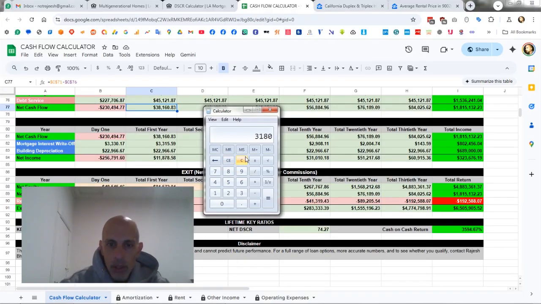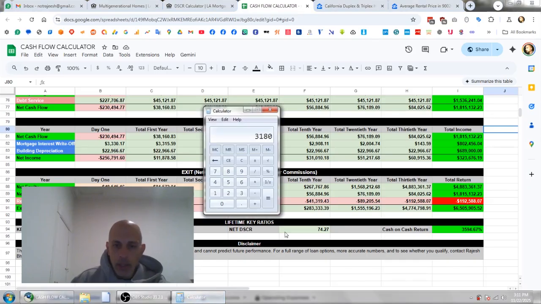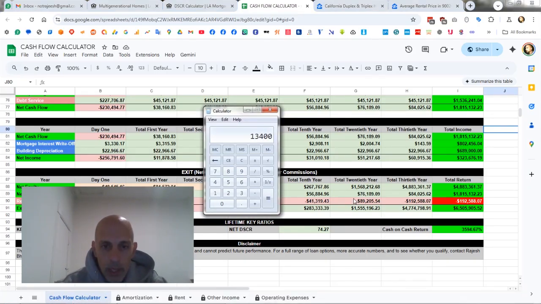38,160 divided by 12, 3180. This is a really good investment for $134,000, and I'll tell you why. You're thinking $134,000, right? Down payment divided by